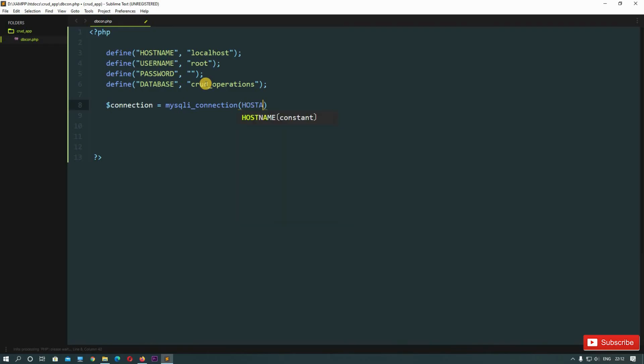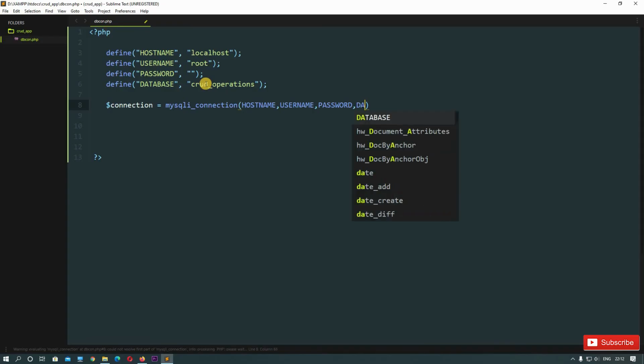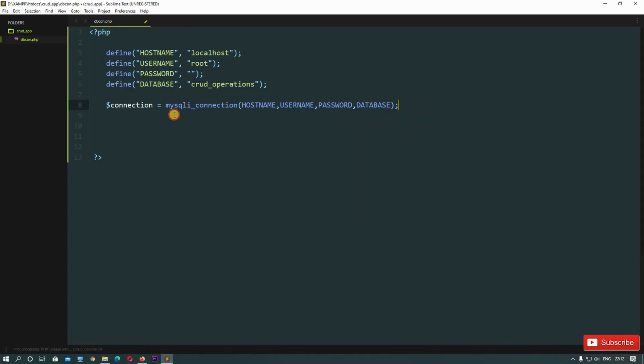So the first one will be hostname, the second one will be username, then password, and then database. So this total function will do the connection and it will store the connection in our connection variable.